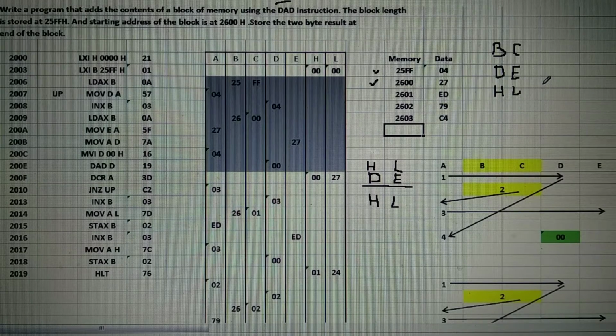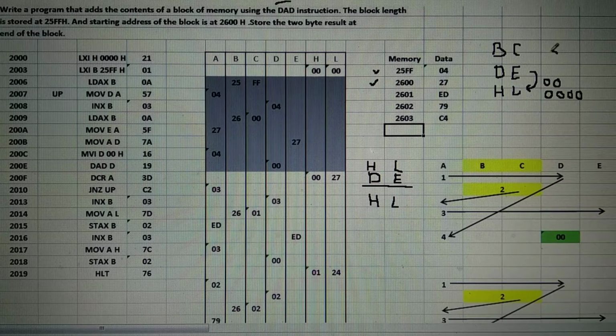Now we are going to add the content of DE with the HL register pair. That means when content of DE is to be added with HL, the initial value of HL register pair should be 0000 and the content of D register should be 00, and you have to take the number in register E. Whatever numbers are there from 2600 onwards, you have to take in register E, and the content of register D should be 00.